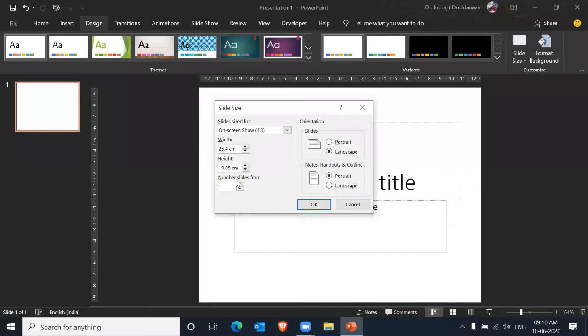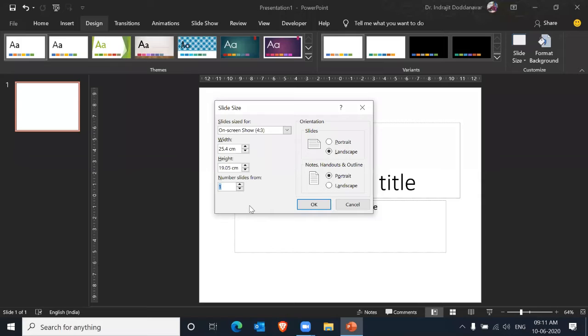And for the numbering of slides, basically the first slide would be number one. But when we start any presentation, the first slide is actually a cover page kind of thing, like in Word. And as we know, a cover page does not have any number. So the first slide should not be numbered.